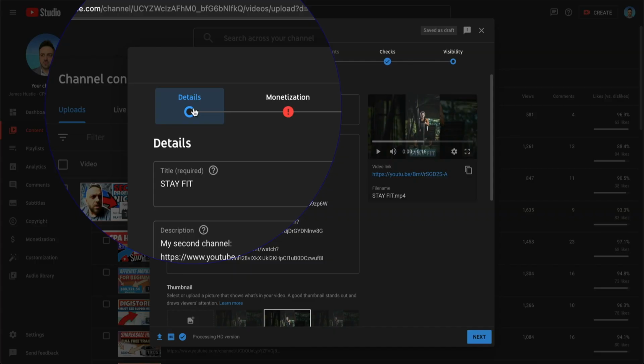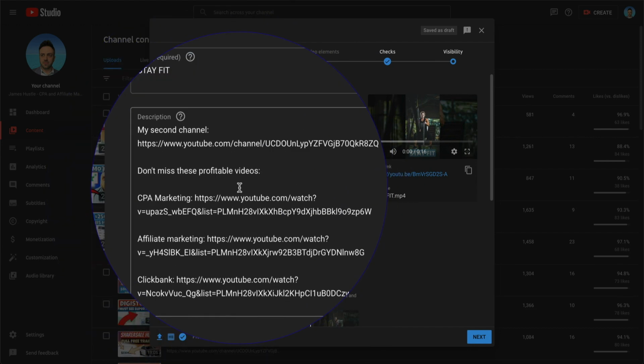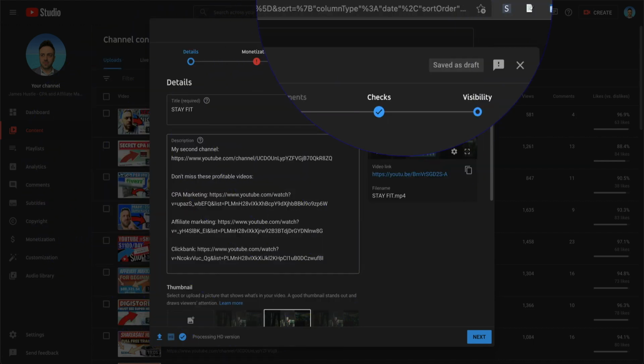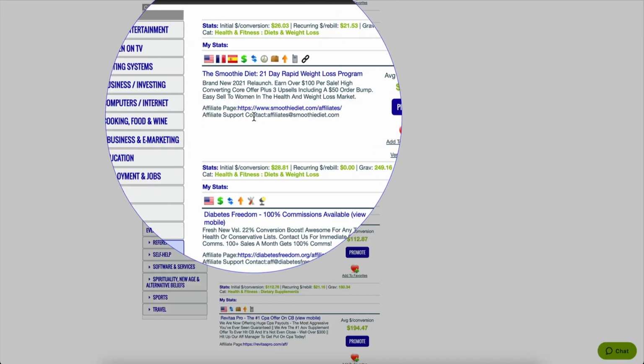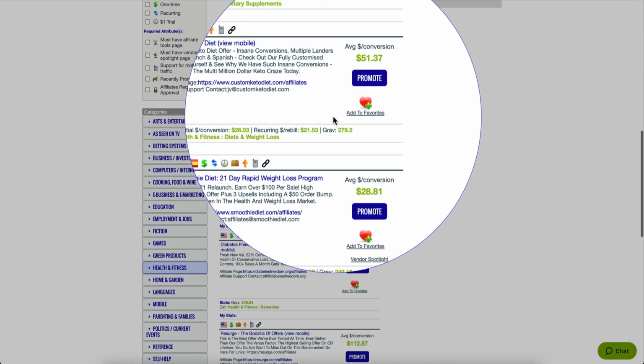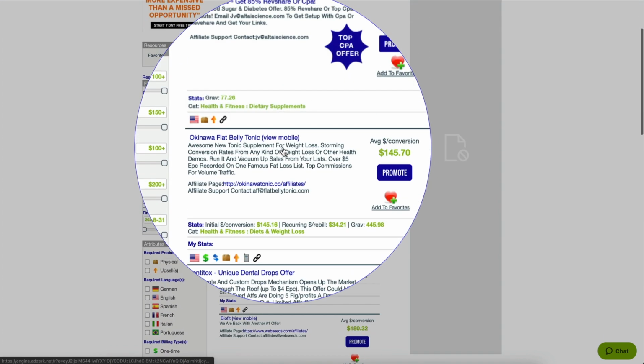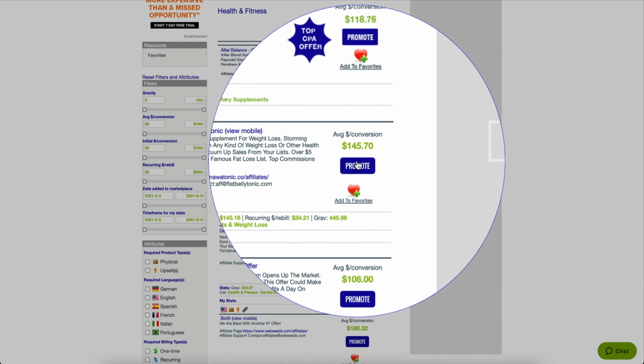Now, after you upload that short, you're going to have your description here. This is where you can tell your viewers a little bit about what your short is about, as well as put your affiliate link there. So if you go back to ClickBank, once you pick an offer, and really if you're doing fitness or health, you can probably promote any of these offers that you want. It doesn't really matter. They're all going to work really well.